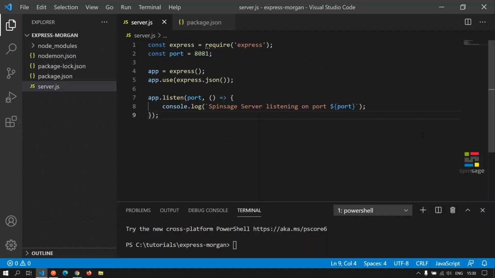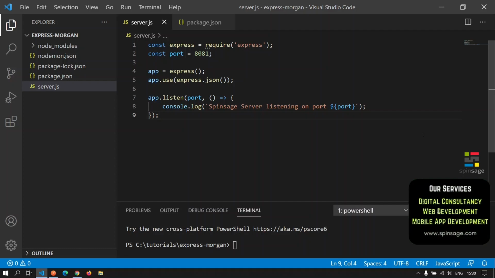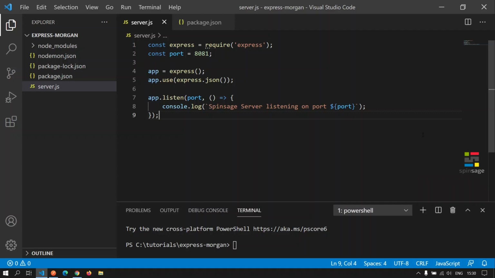One of the fundamental aspects as far as logging is concerned when developing a server-side web application or an API is logging the request details of the requests that are made to the server. Express.js does not come with any out-of-the-box solution for logging the requests that are made to an Express application. For that, we need to configure a middleware to enable this support.